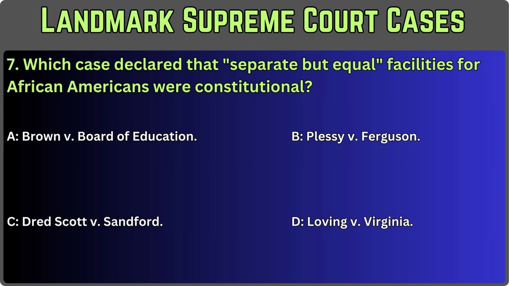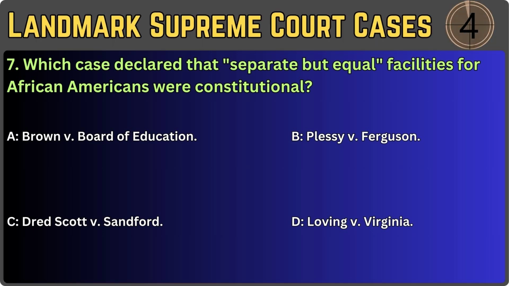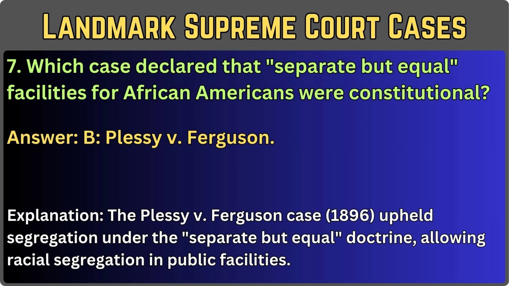Board of Education. B. Plessy versus Ferguson. C. Dred Scott versus Sanford. D. Loving versus Virginia. Answer. B. Plessy versus Ferguson. Explanation. The Plessy versus Ferguson case, 1896, upheld segregation under the separate but equal doctrine, allowing racial segregation in public